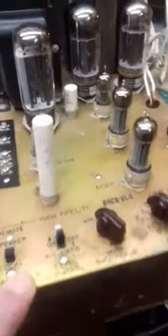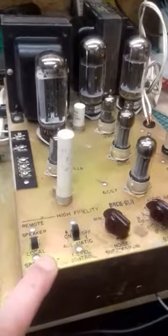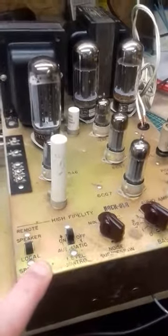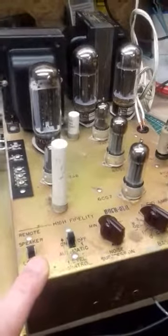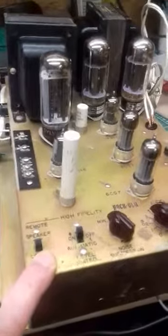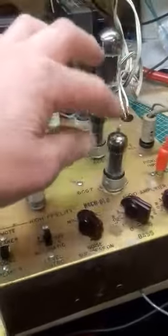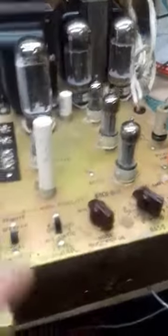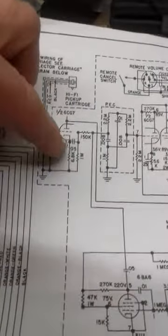Okay, so here we go. It's a ceramic cartridge fitted to this jukebox. Got an input of about 700-800 millivolts to drive the amplifier to full output. Unusually on this amplifier, normally the first valve from the phono input is an amplifying valve. On this amplifier it's not. You'll notice if you look at the schematic, the first valve here is wired as a cathode follower